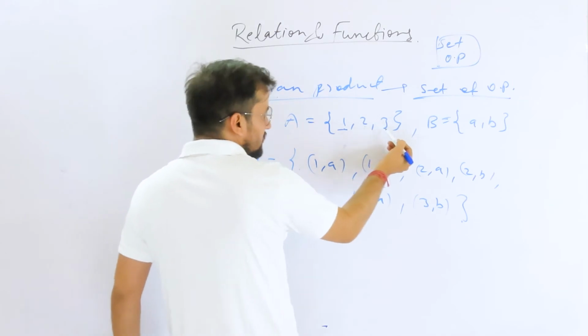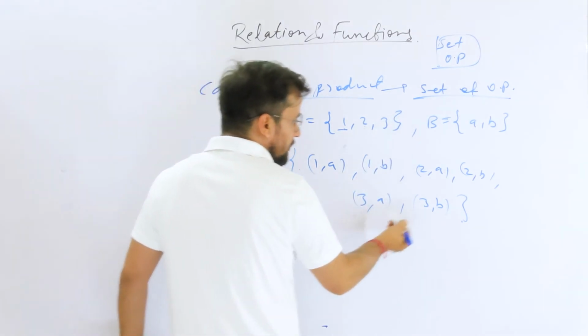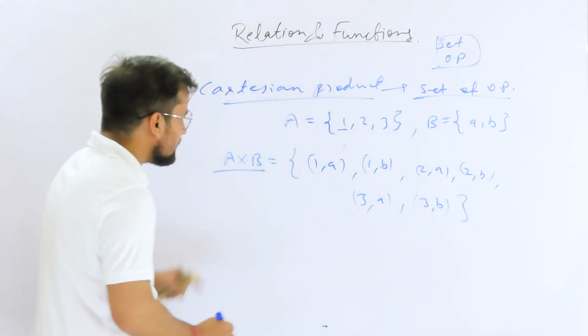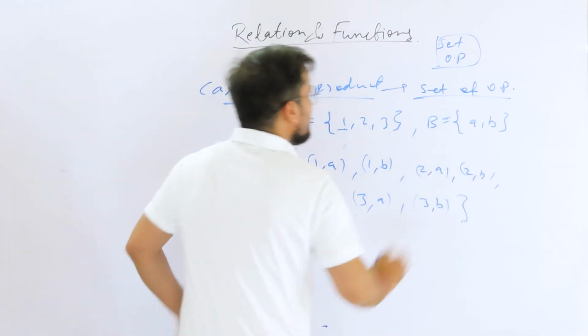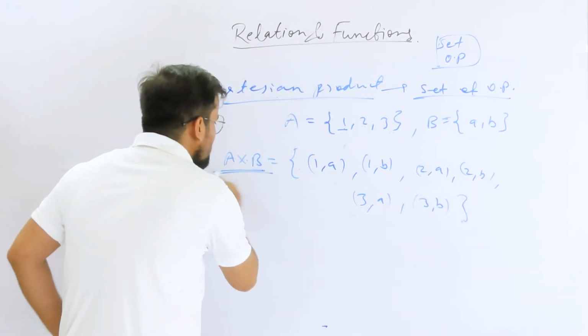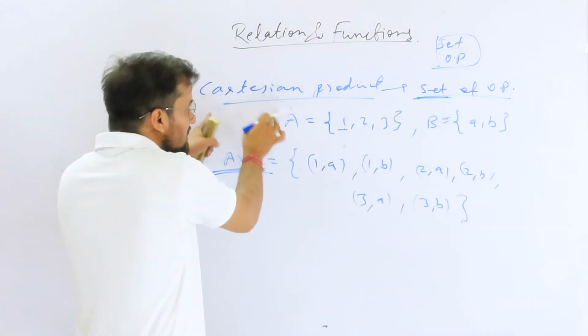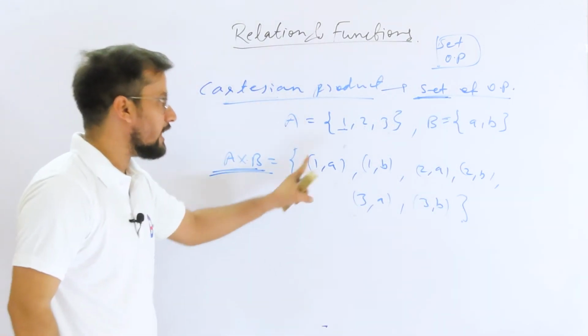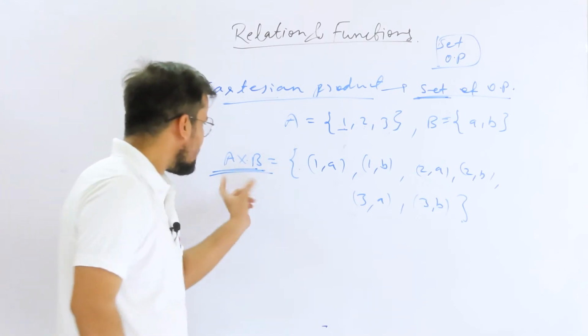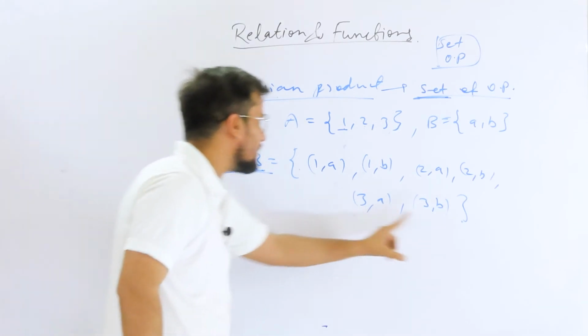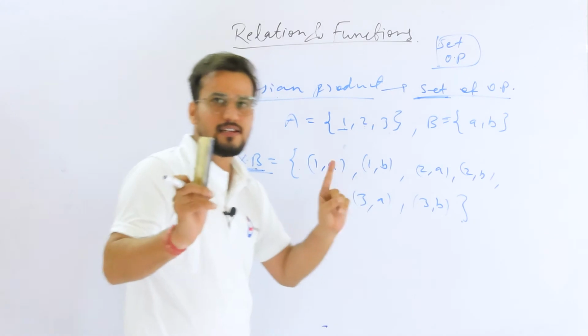Now we will go to the next element of A, that is 3, (3, A), (3, B). So basically, guys, this is written inside the curly braces. That's why a Cartesian product is a set. And as per the definition, I am connecting with the things. This Cartesian product is written inside the curly braces, and